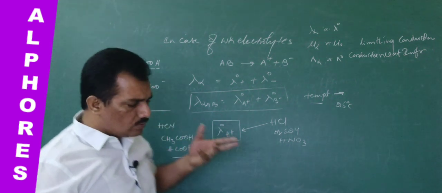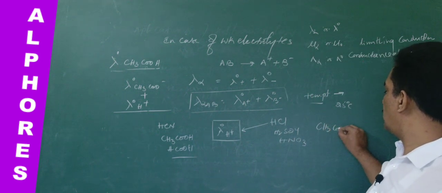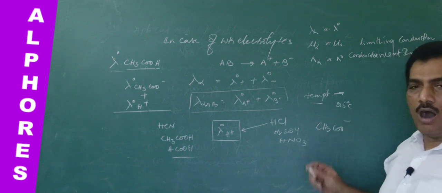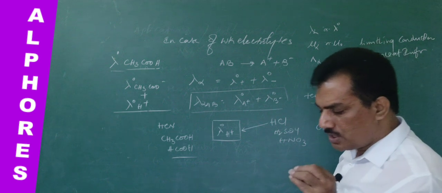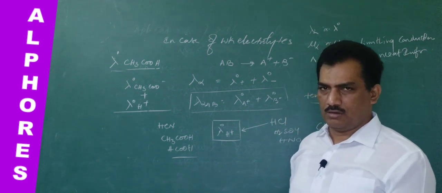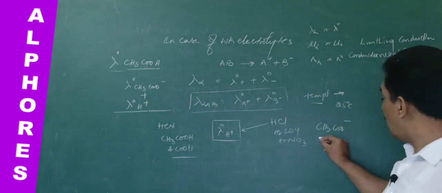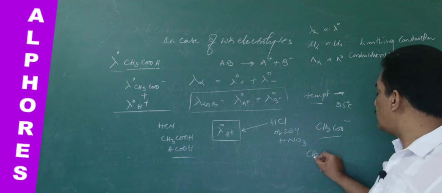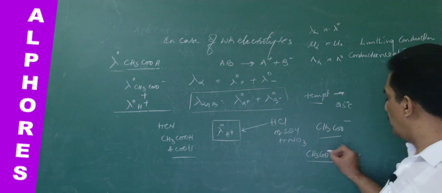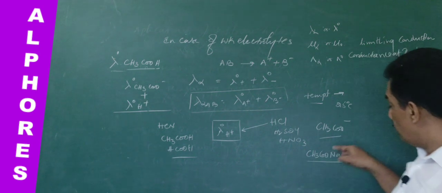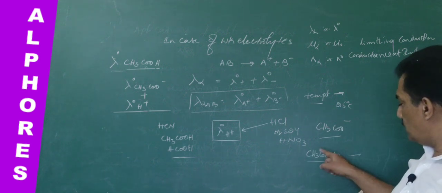We will consider, similar to the H plus, whether that acetate ion is coming from the weak acid CH3COOH or from a highly soluble salt. Immediately when the salt is dissolved in water, it will dissolve. All highly soluble salts are strong electrolytes, already we know. We can get this from a strong electrolyte which is completely soluble in water, that is nothing but CH3COONa salt.